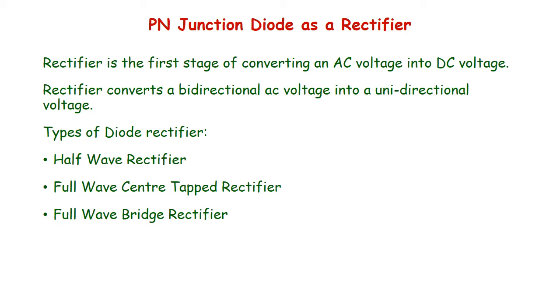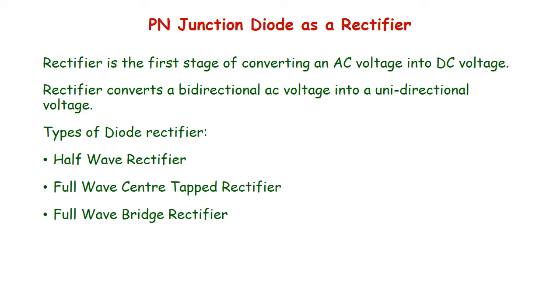The first and commonest application of a PN junction diode is a rectifier. Although people simply say a rectifier converts AC to DC, it does not convert AC to perfect DC. It is the first stage of converting AC into DC, because what a rectifier does is convert, now